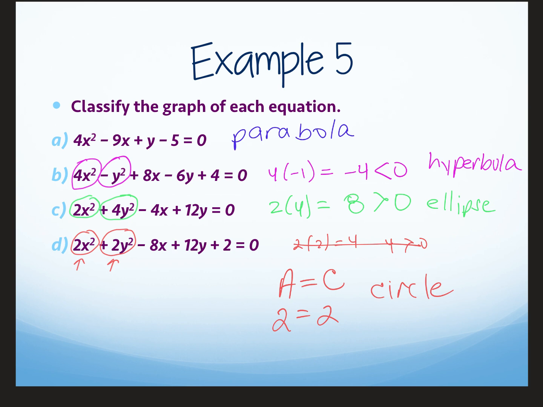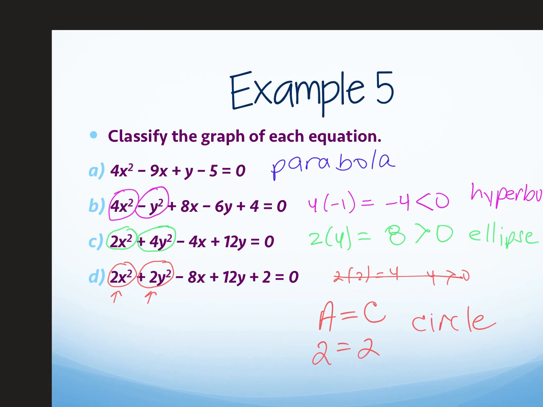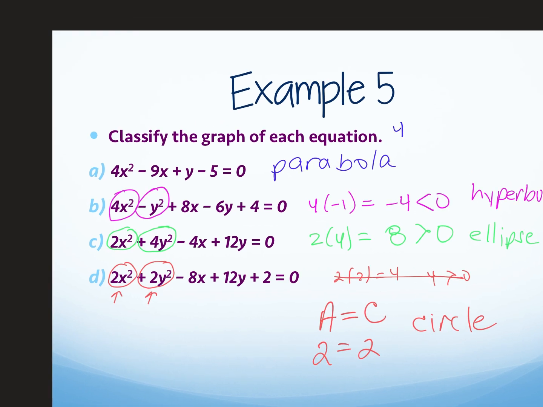If you multiply A times C and it's 0, it's a parabola. But if you look at the parabola, you're like, wait a second, there is no C term. If there is nothing with y squared, then what do you recognize that it is? It's 0. So you would say 4 times 0. You understand what I mean by that? Your A term is whatever is with x squared, so it'd be 4. Your C term is whatever's with y squared. There isn't one. It's 0. That's why 4 times 0 is 0, and that's why it's a parabola. Another way you can look at it is, one of the variables is squared, the other one isn't. Does that make sense? All right, so